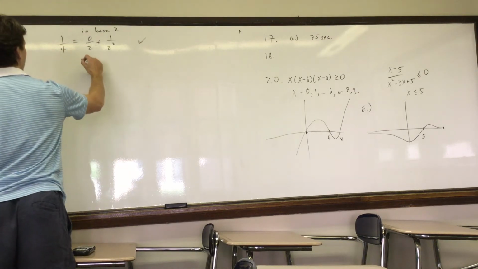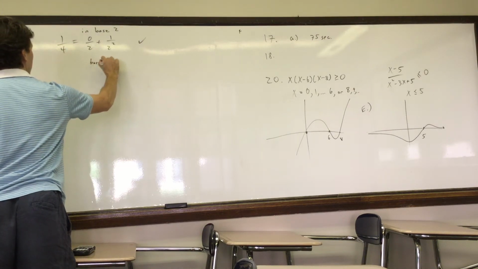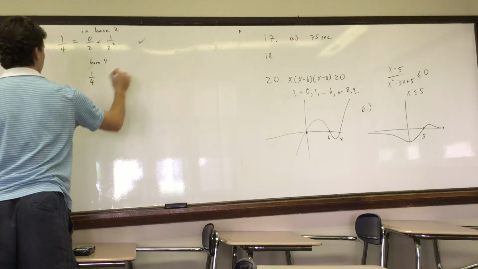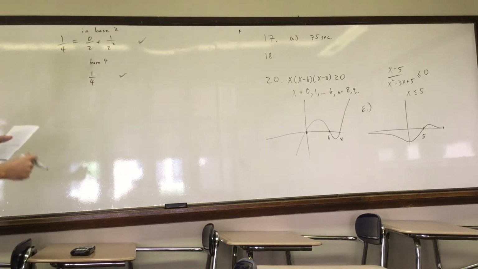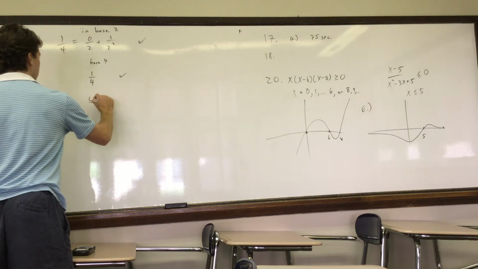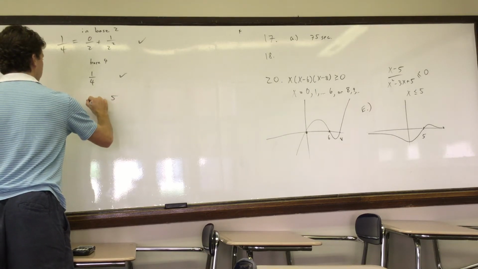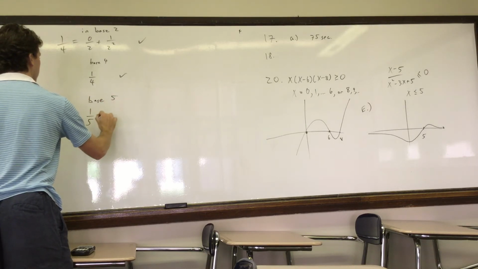In base 4, it's going to be 1 over 4, and we're done. In base 5, it's going to be 1/5